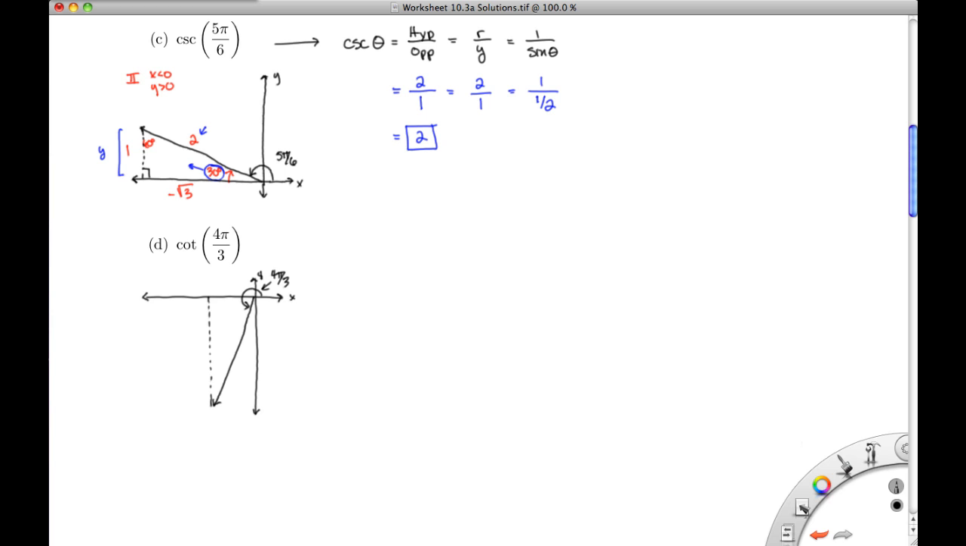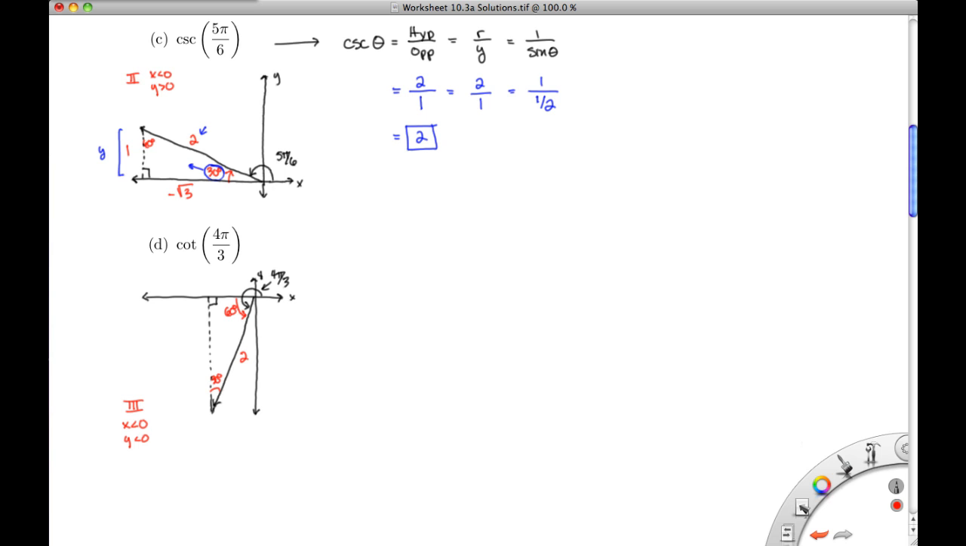reference triangle here, again, we're in the third quadrant, and in the third quadrant, our x's and our y's are both negative. Now this angle right here is our reference angle, and this is going to be 60 degrees, which makes this angle right here 30 degrees. So this is going to have the same triangle that we used in part C, essentially, except sort of flipped